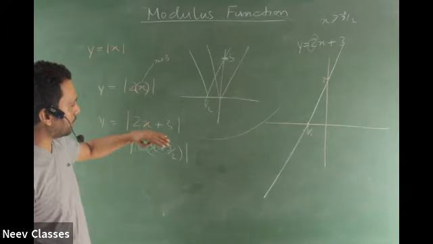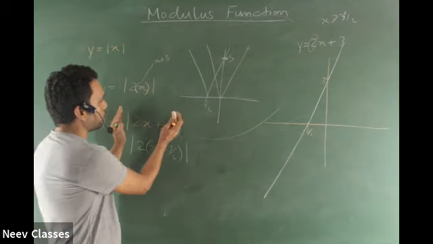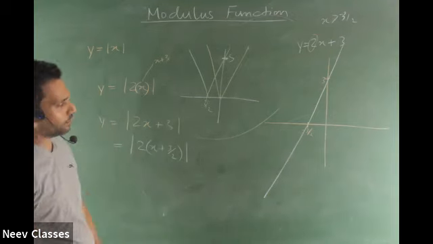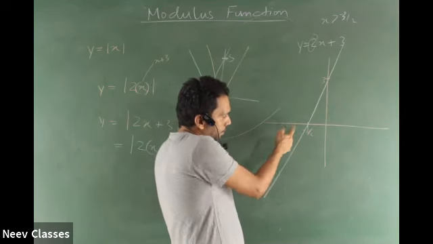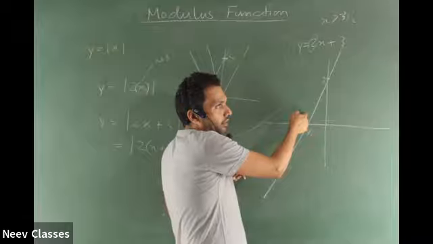Then I'll say, okay, 2x plus 3 is that graph, but boss, they are asking for this graph. This means that this portion should never be negative. Y should never be negative, right? Meaning to say what? Whenever y becomes negative, say it becomes minus 2, the value will become plus 2, right? If it becomes minus 3, the value will become plus 3, right? Minus 0.1 will become plus 0.1, right?